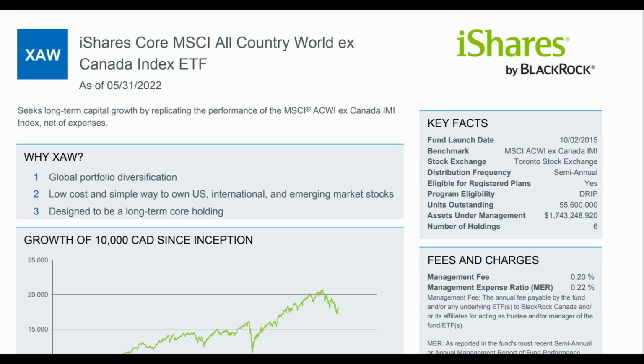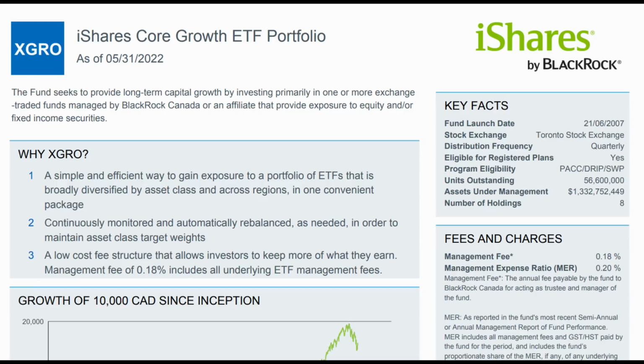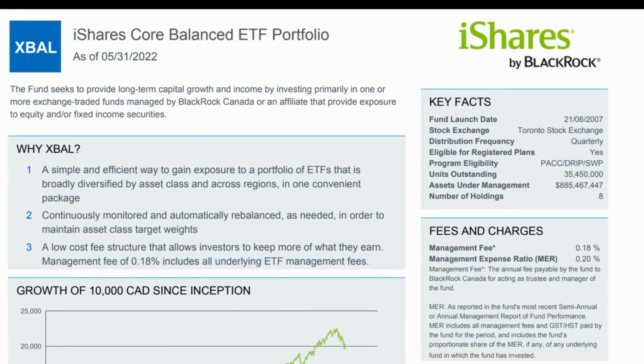Now, in the case of measuring our portfolio performance, to try and keep it as clear as possible, we're going to measure it against the Toronto Stock Exchange, the TSX, for those of us here in Canada. We're going to look at the S&P 500. We're going to look at the NASDAQ. In addition, I'm going to compare it with 3 iShares funds. One is the iShares Core MSCI All Country World excluding Canada fund, and that will give us a comparison of what's been happening around the world in the last year or so. We're also going to compare it to the iShares Core Growth ETF, or XGRO, and also the iShares Core Balanced ETF, or XBAL. These are some pretty popular funds here in Canada. So wherever you fall, whatever basket you fall into, that will give you at least some tool to measure